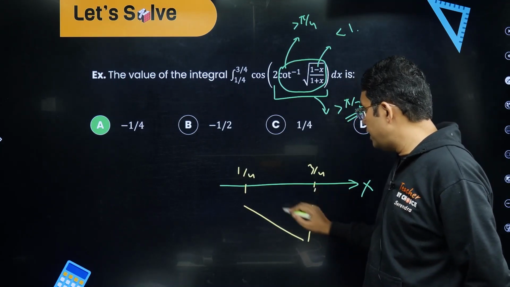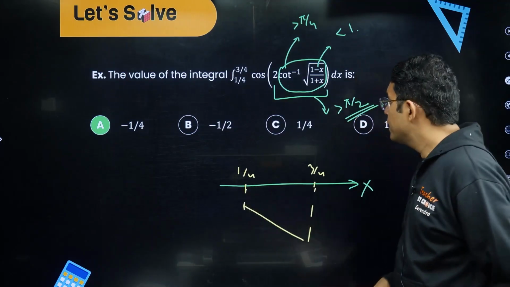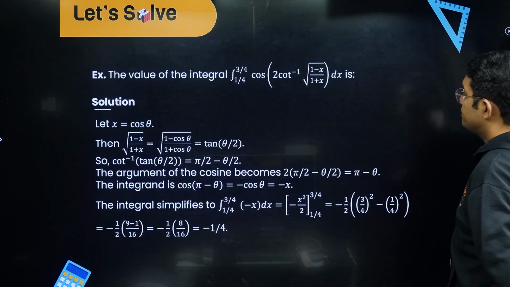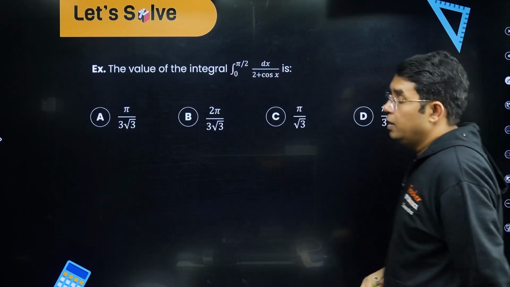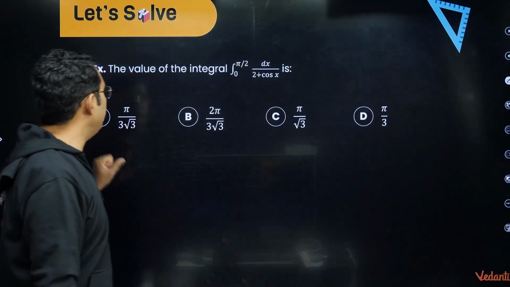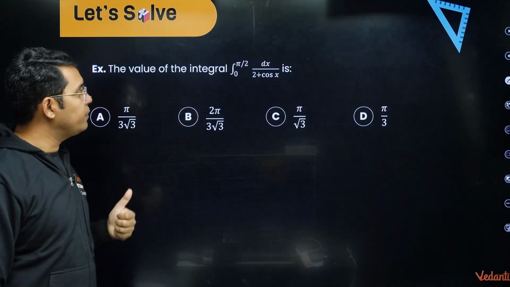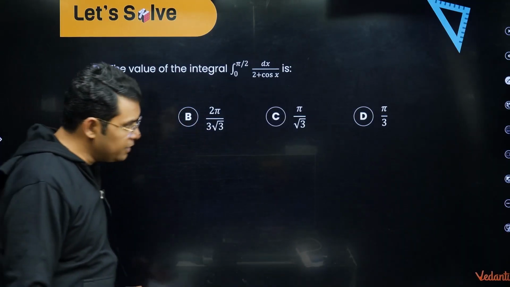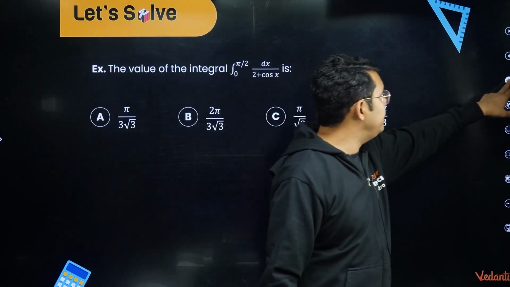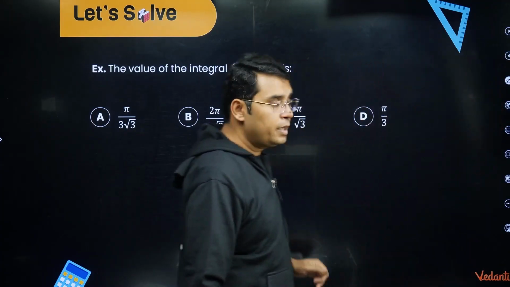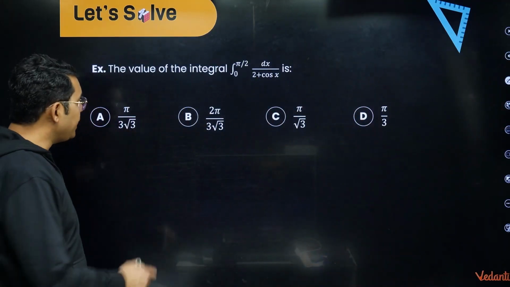So this is the area that we are looking for. Okay, coming to this question, where we are asked the value of the integral from 0 to pi by 2 of dx upon 2 plus cos x. I think this is again one very standard variety of questions, where we have to write cos x as